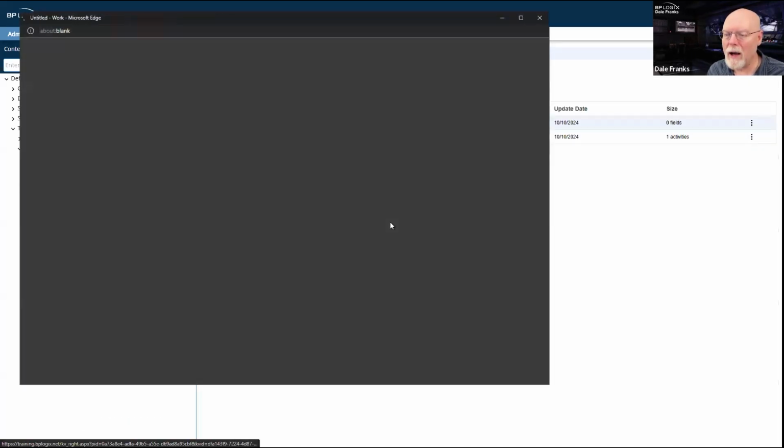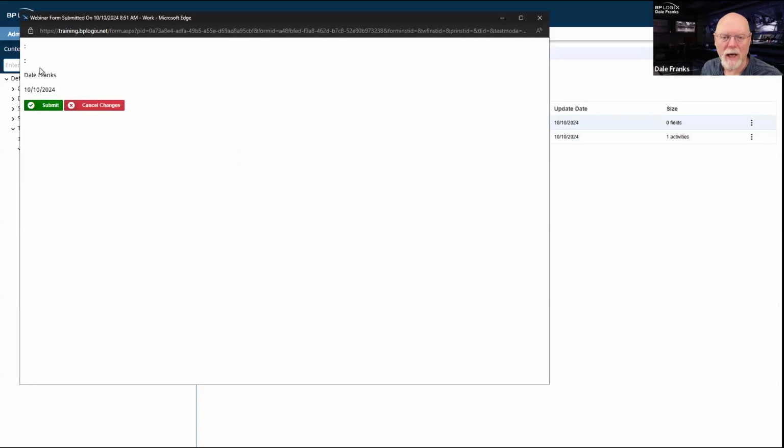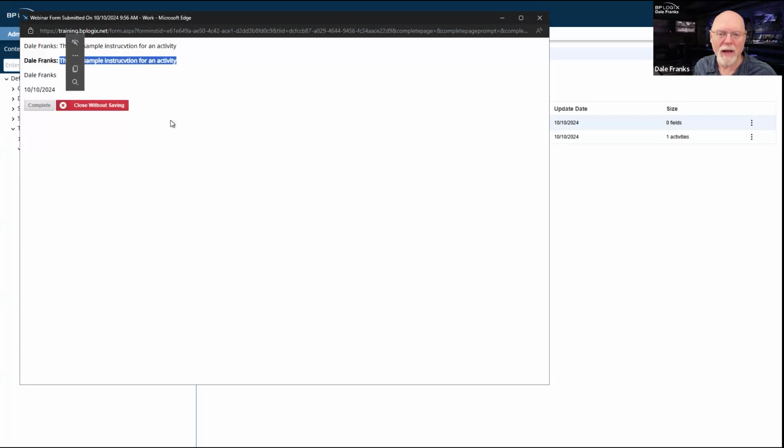So now I can run this form again. Once again, at the top, it's not going to show me anything. Obviously, current user, current date are both going to work. I'll go ahead and submit my form. And there we go. Now it knows who the actual activity user is for this activity, me. And so it derives it from the system variable. And then, of course, my task instructions show up here.